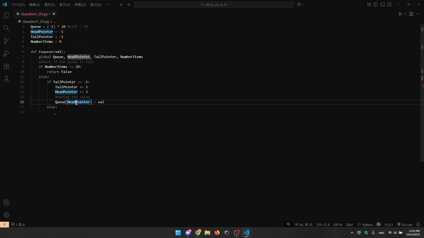So in this case, sorry, not the head pointer, actually the tail pointer, because this is a queue, it's not a stack. Sorry for that. So we want to go ahead and increment the tail pointer by plus equals 1. And if the tail pointer is equal to 20, we want to set the tail pointer to be equal to 0 again. Why? Because this is a circular queue,